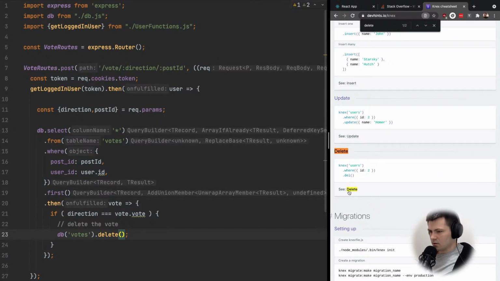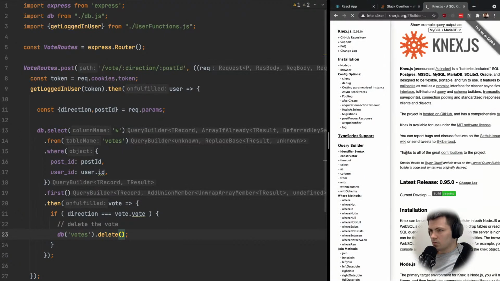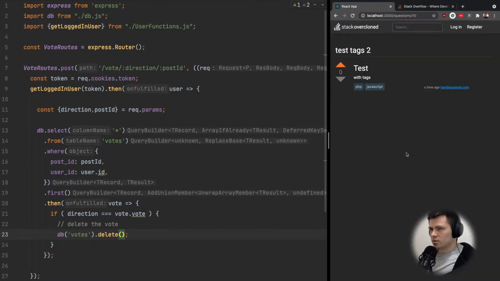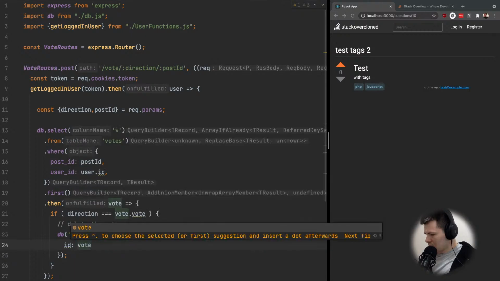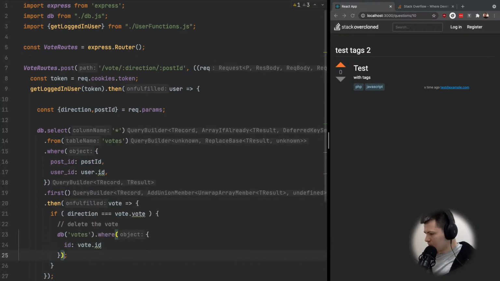Okay, so just delete. So votes where ID equals vote ID. We can do it as a one-liner here. We just delete it. Then